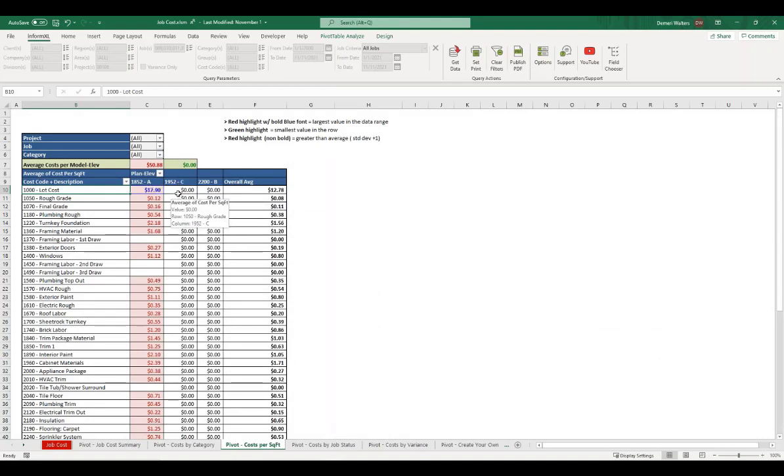So what this would do a little bit better is it would have your plan, and it would have your square footages or your cost per square feet, excuse me, on a plan by plan basis, so you can run that comparison. Right now, it's all going to be red in that first column because we set up some conditional formatting to pull the highest cost per square foot among those plans. So if there was data populating here, you'd be able to see that possibly you're spending more per square foot on the 1952C for rough grade than for every other plan, and that's something you can dig